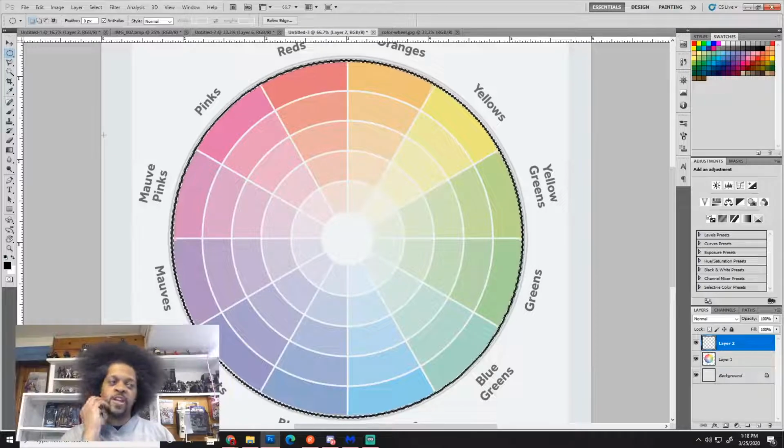Alright, once you have this first ring, you're going to copy this ring. Okay? So you're going to go Control-C, which is copy, or Command-C. And then Control-V, or Command-V to paste. Right? Now,